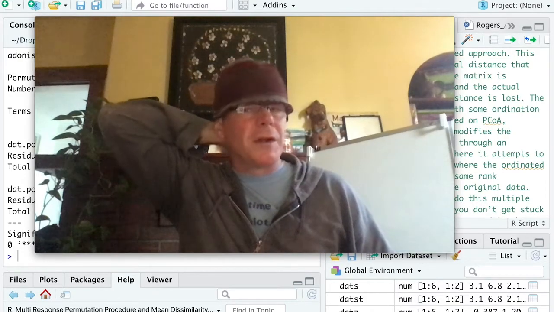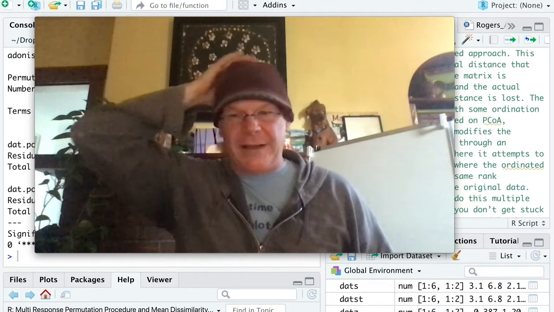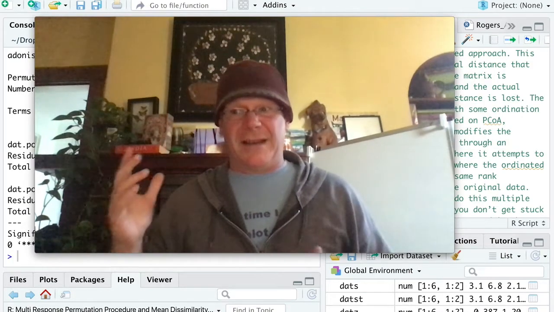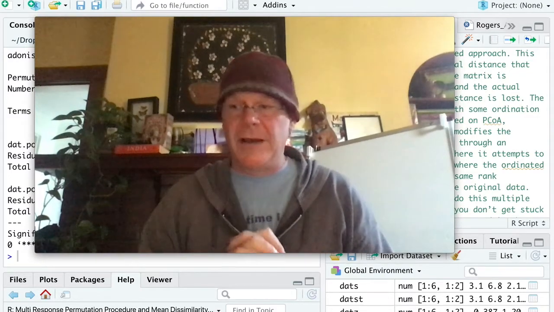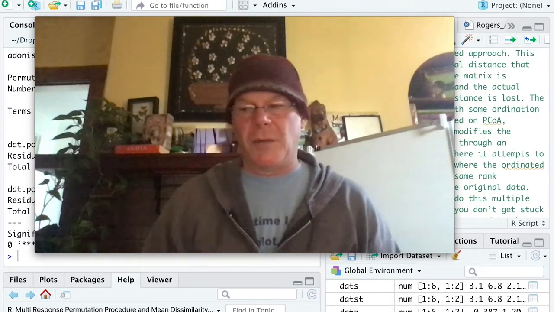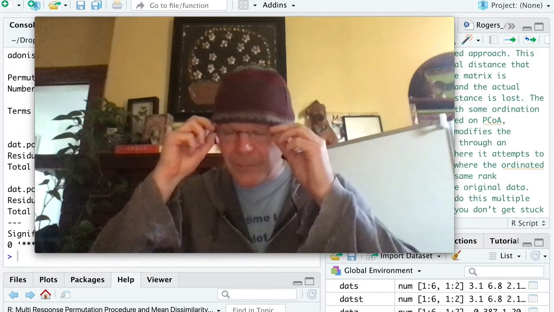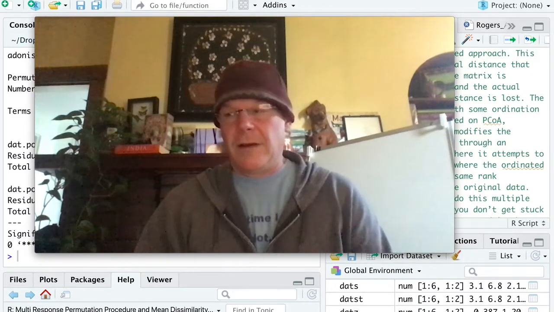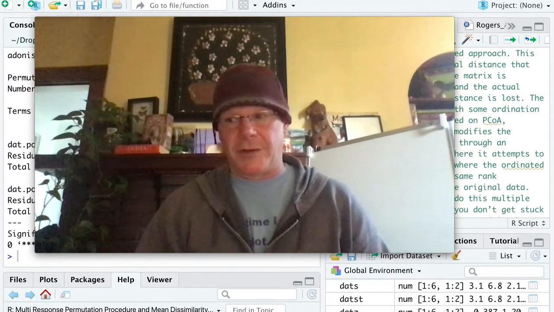It can still, with really large data sets that are ugly, generally the uglier the data is, the more difficult it is for the computer to come up with a good solution because there might not be a good solution. Those can kind of drag on and be slow, but for the most part, computers are fast now, so that doesn't matter. The other constraint or concern or something to be aware of with non-metric multidimensional scaling is